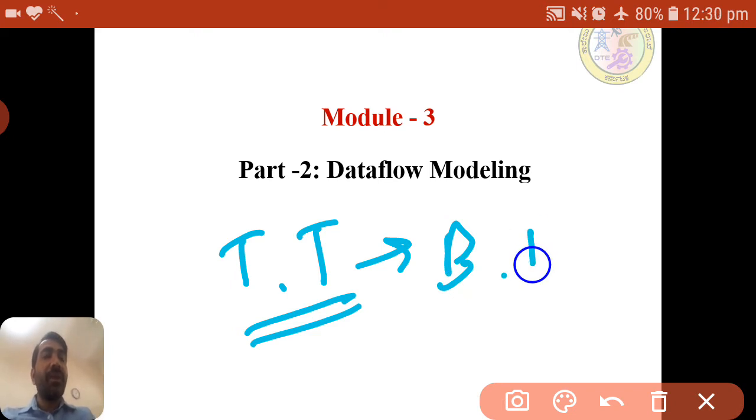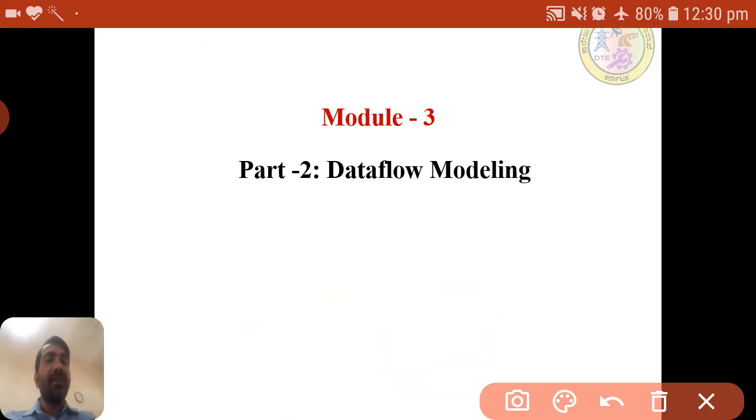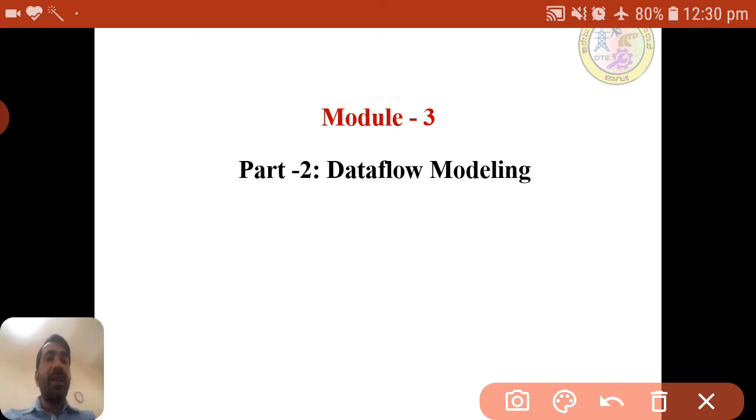For example, if the input is 0 0, the output may be like this. If the input is 1 1, then the output may be 1 0 0 1, and so on. So based on the input there is some output in binary patterns, and that we can describe using the truth table.